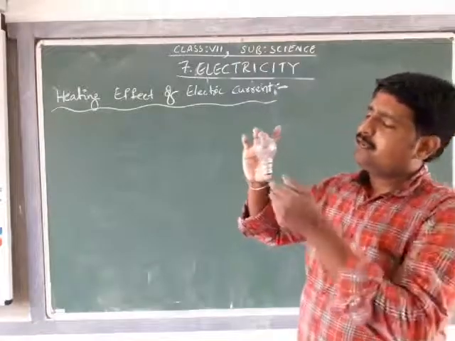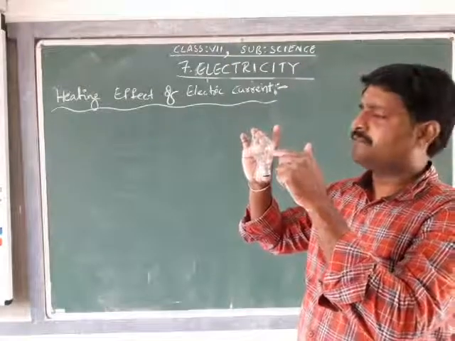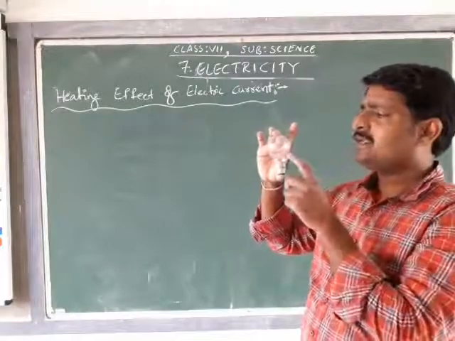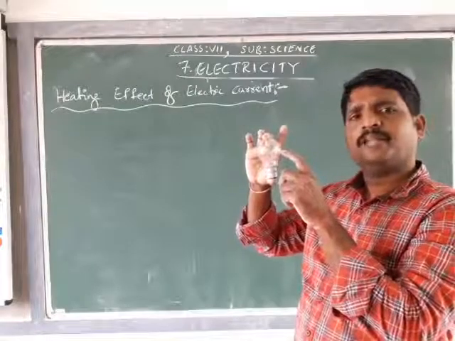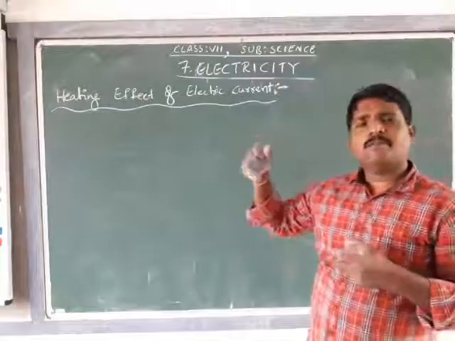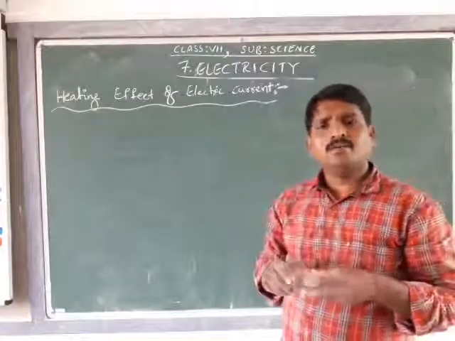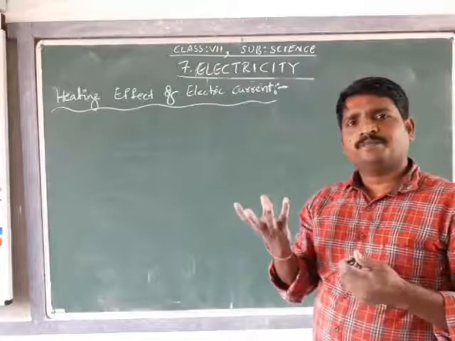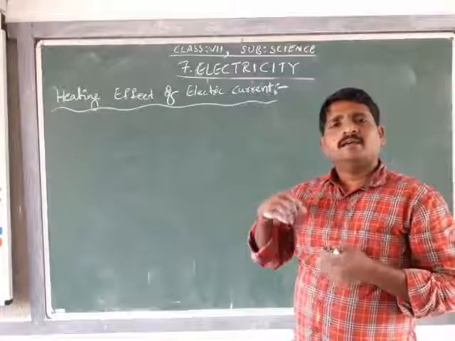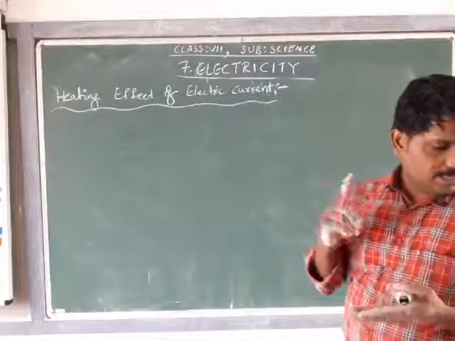Whenever the electric current is passing through the filament, which is made of tungsten, the filament heats up, and that heating makes the bulb glow. Not only this, whenever we plug in an iron box and switch on, the iron box gets heated. If we plug in an electric cooker, that also consists of some wire, what we call a filament. Also water heaters, geysers, and electric heaters.